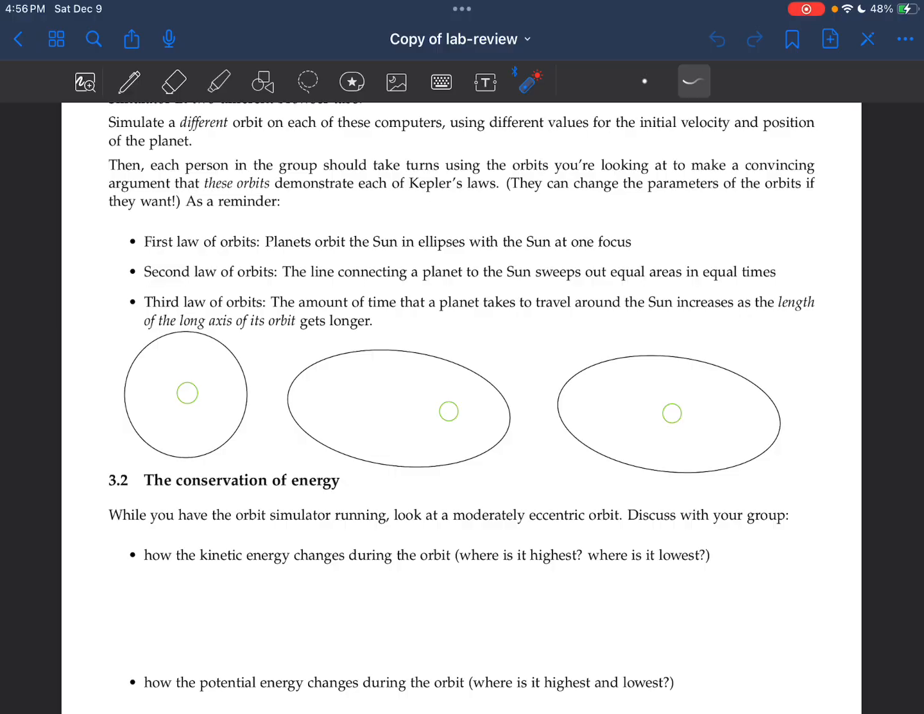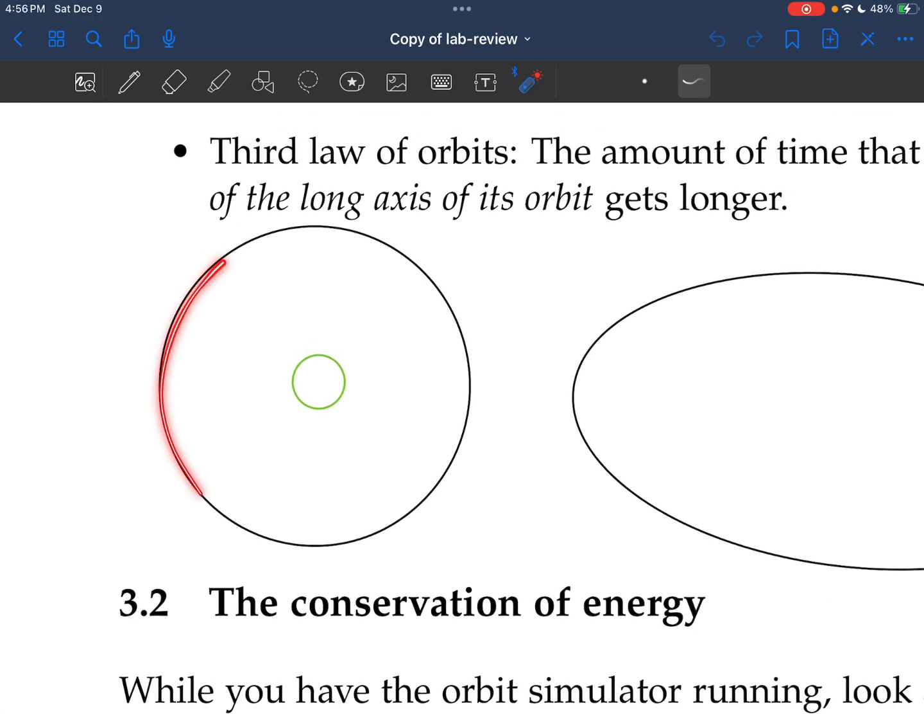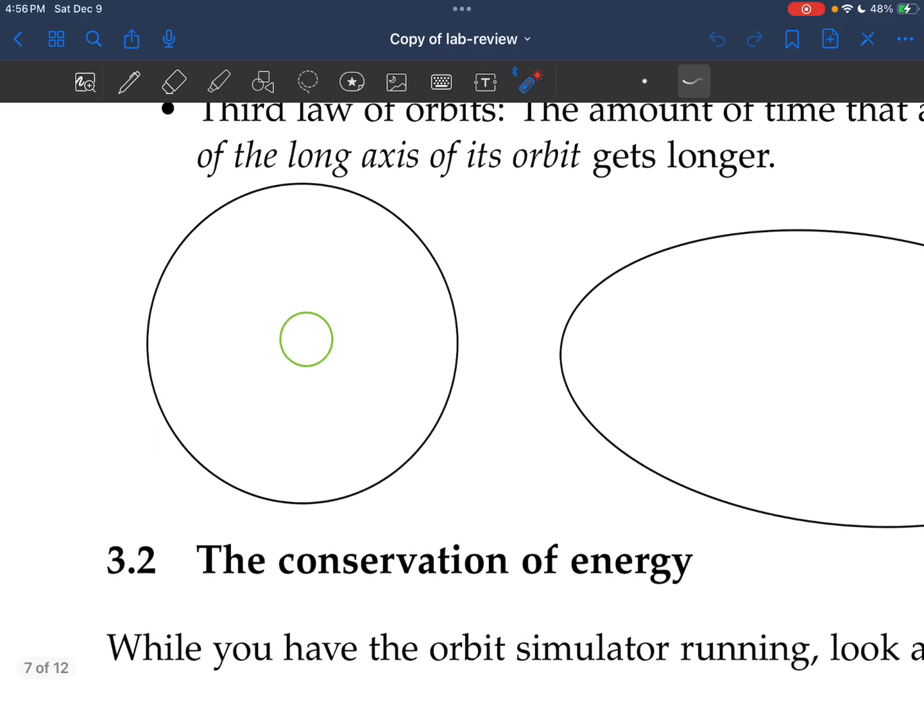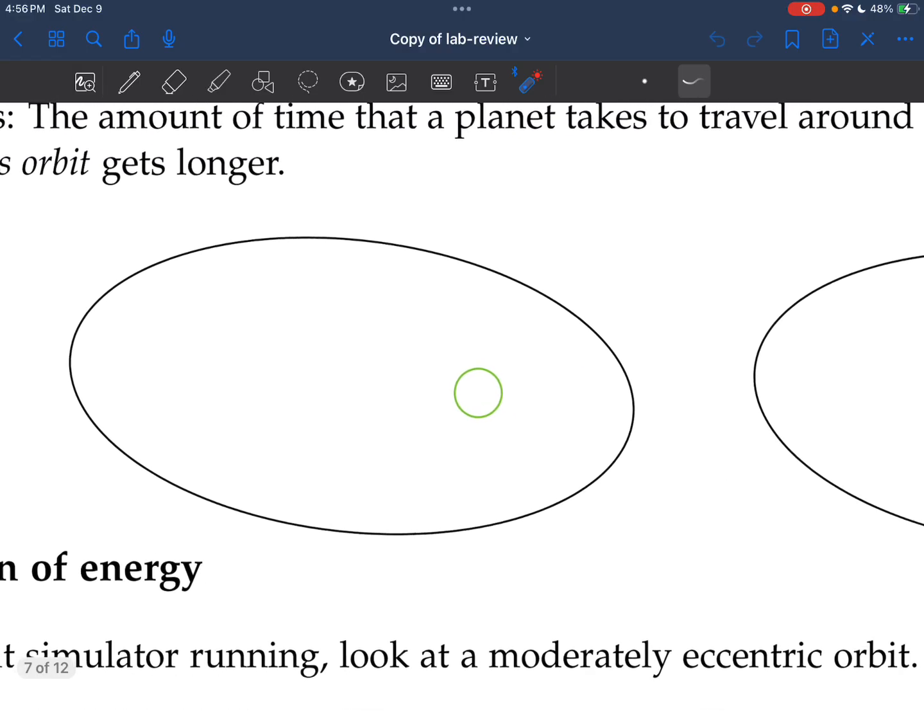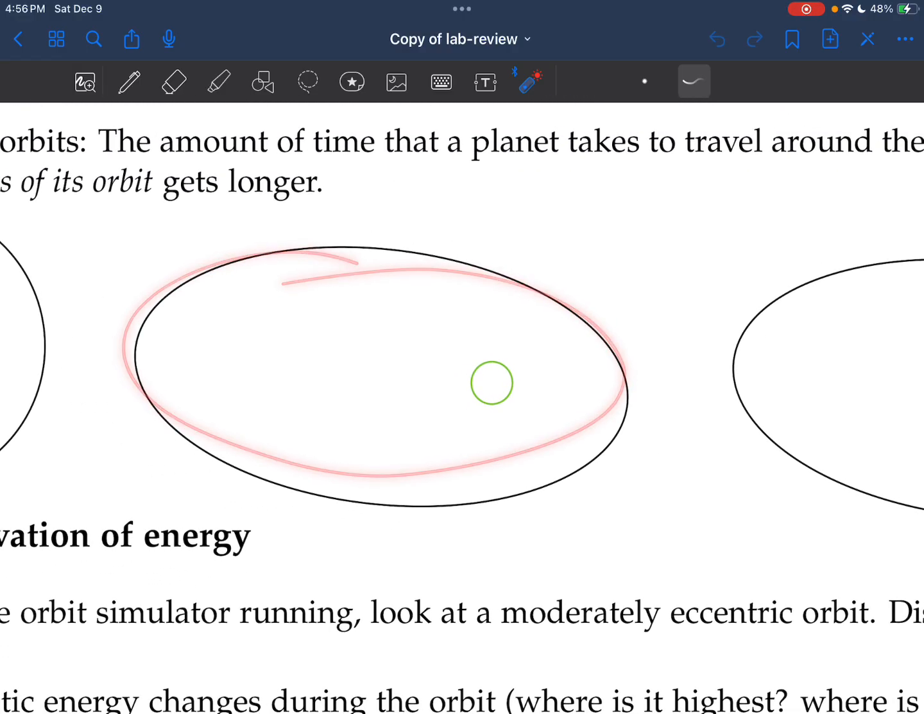The second law of orbits is that the line connecting a planet to the sun sweeps out equal areas in equal times. Well, that's kind of easy to see with a circular orbit, right? It'll be moving at a constant speed the whole time. So all of my pie slices, if it's equal time, they'll have equal area. Now, it's a little harder to see with